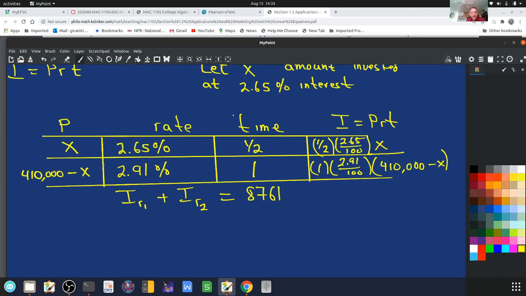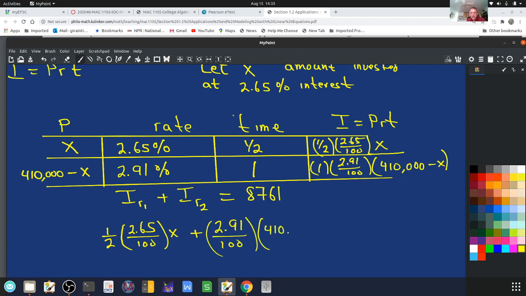So the equation now is our interest at rate 1, which is 1/2 times 2.65 divided by 100 times x, plus my interest at rate 2, which is 2.91 divided by 100 times 410,000 minus x. When I add those two together, I get